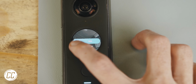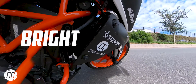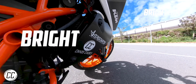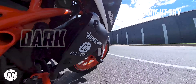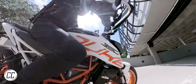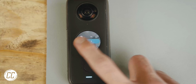I like the camera to overexpose by half or one stop over, which just means it will make the video slightly brighter. This usually works well for bikes because if the camera is mounted on the side of the bike, the sky will be bright and the bike will get brighter and darker depending on where the light is coming from. The poor camera is trying to perfectly expose for every single direction and can sometimes make the bike too dark. So I'd rather the sky was a tad bright than the bike too dark, but it's all up to